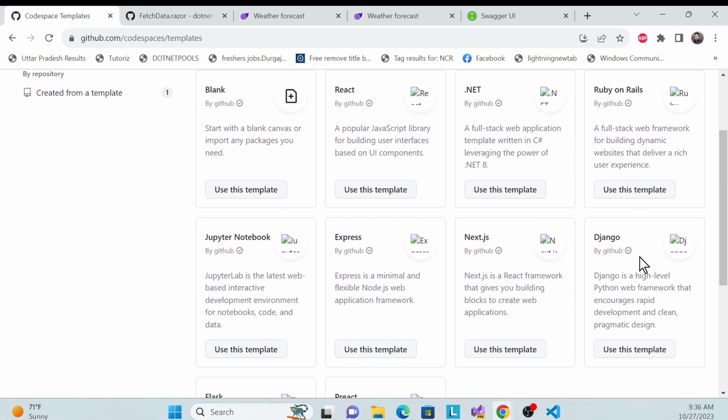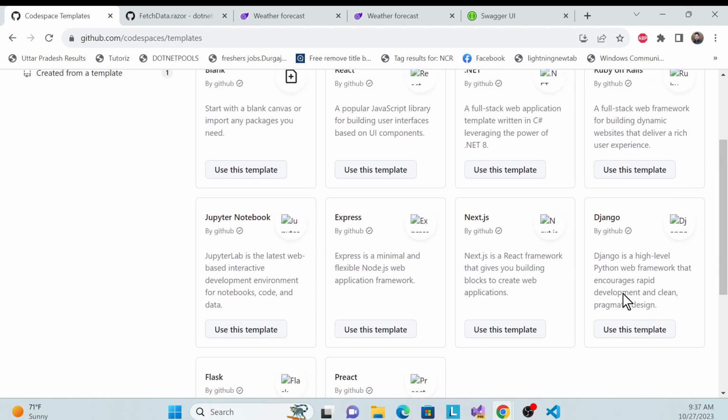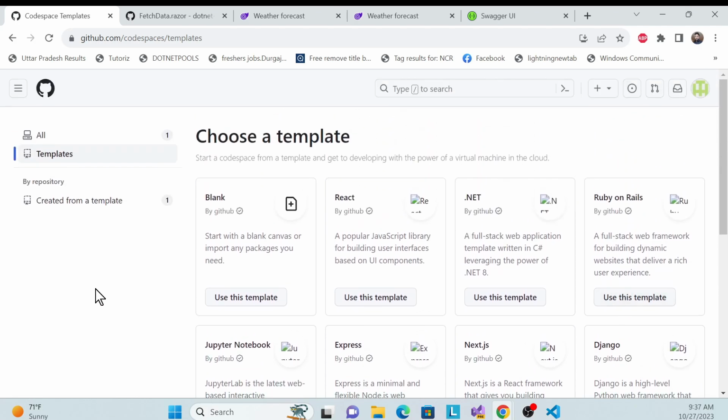There are also many templates over here. So anything you want to create, just click these options, and it will automatically create and run your application. So that's all